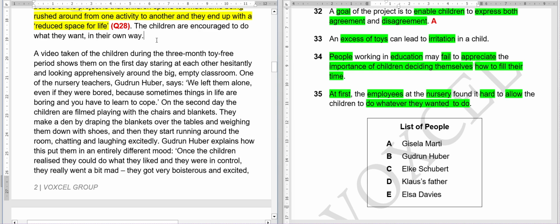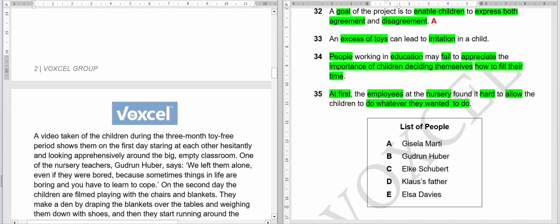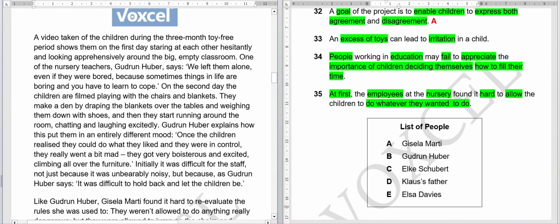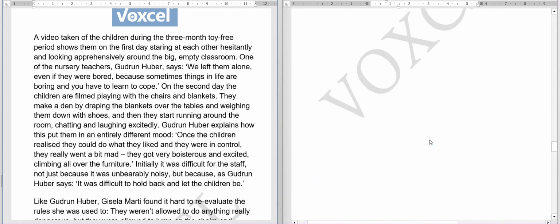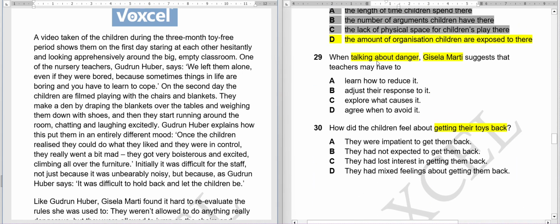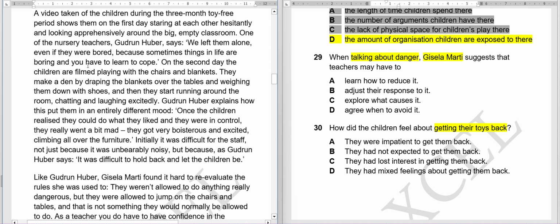Let me do this. So it's easy to read the complete paragraph. Now what we're gonna do is we're gonna read this talking about danger, Gisela Mati. So if there is any mention of danger, we will read this or getting their toys back, otherwise we will not read this. A video taken of the children during the 3-month toy free period shows them on the first day